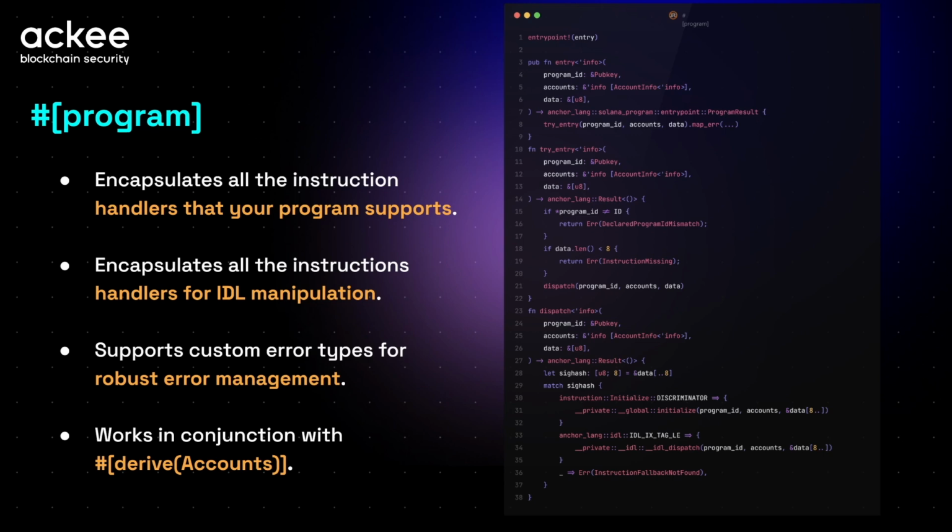So what is the program macro actually used for? First point is it encapsulates all the instruction handlers that your program supports. So you can see on the right hand side, this is source code not written by me. This is the expanded source code of the program macro. You can also expand it by yourself.